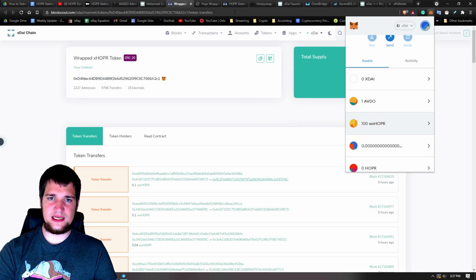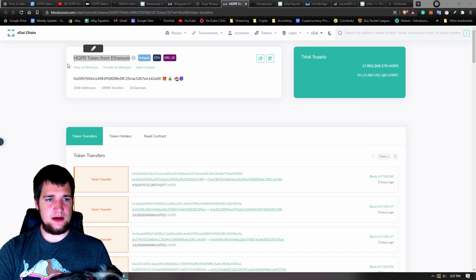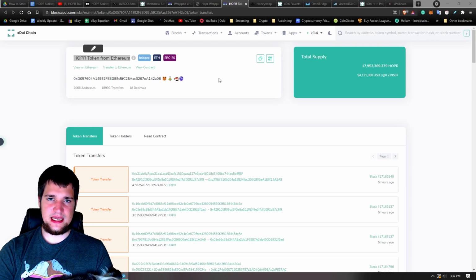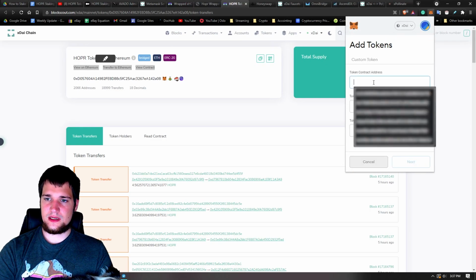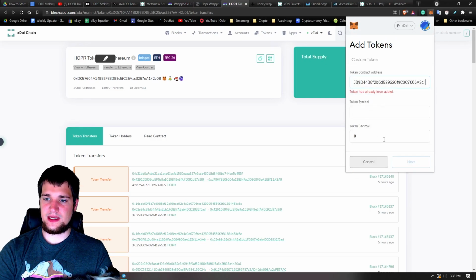Next, you're going to need to do the normal xDai HOPR instead of wrapped xDai HOPR. So now I got the normal HOPR. This is just HOPR that's taken from the Ethereum chain and bridged over to the xDai. Don't worry about it. Just hit copy, do the exact same thing, and it will automatically populate everything for you,